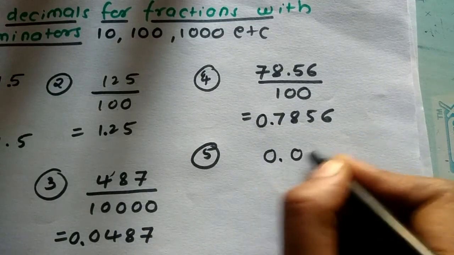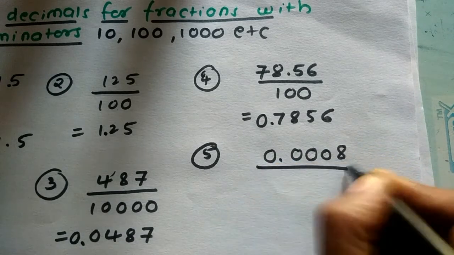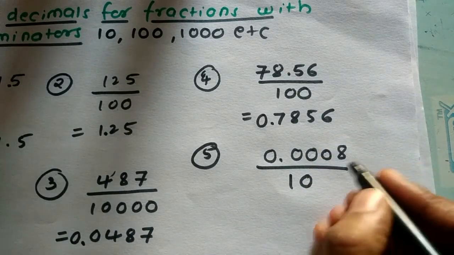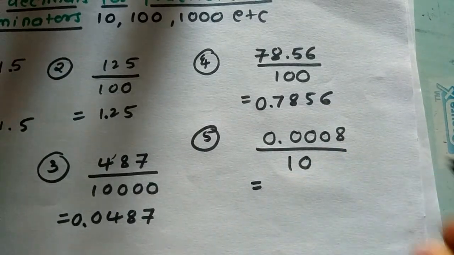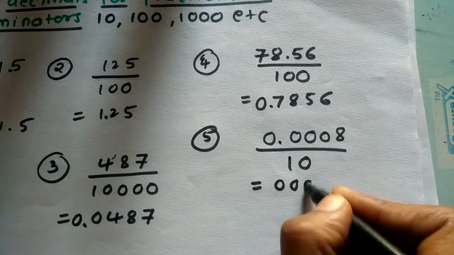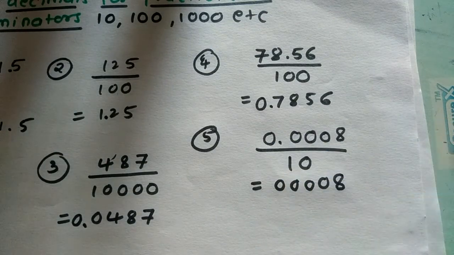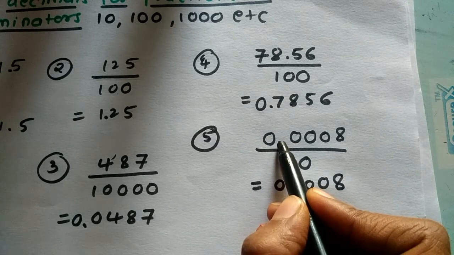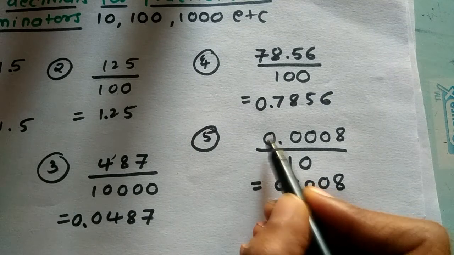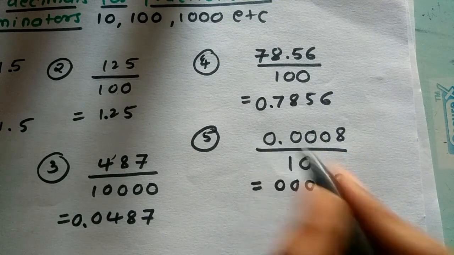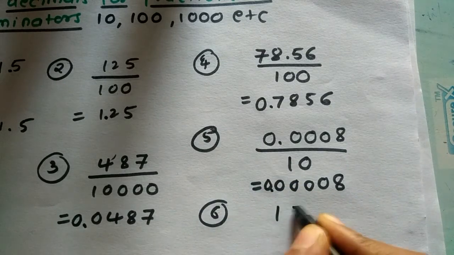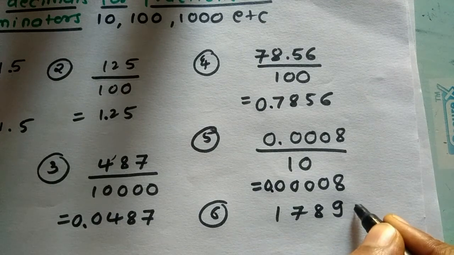Let us take 0.0008. This is a decimal we are dividing by 10, or this is called a decimal fraction, you can say. Write whatever numbers are there in the numerator as it is, without the decimal point, because we have to shift it now. Already it is here. So shift this after 1 digit. That is 0. So it will come here, 1, 2, 3, 4. It will cross the 4 zeros and come here.